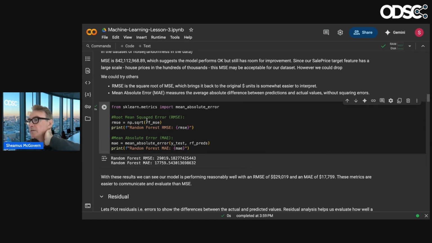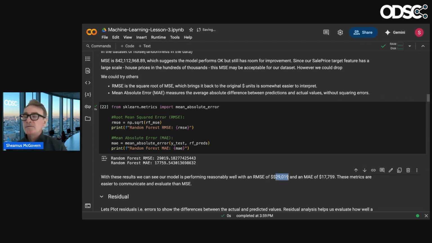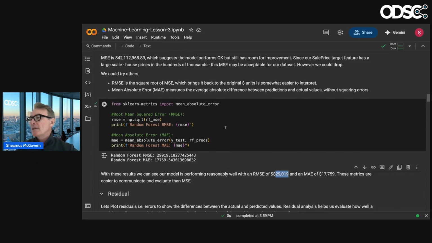Yeah, so now you can see we're getting down to 29,000, which was, what was it last time when linear was 49,000? Big difference, big difference. So now we're getting closer to, my house price is around the 300, 350 range, $30,000 either way. That could still be good enough for a website to make some fun predictions.